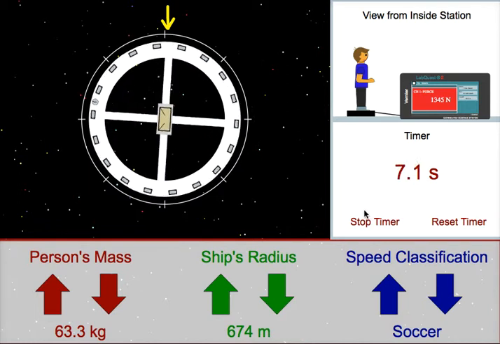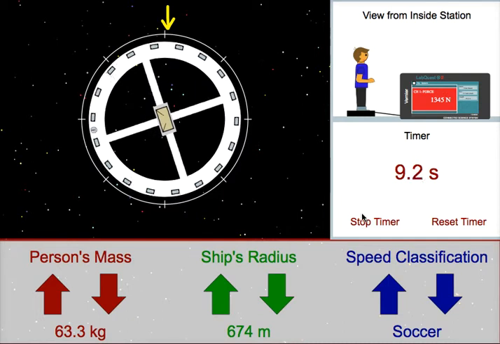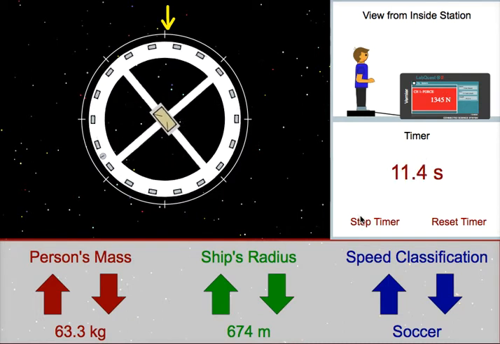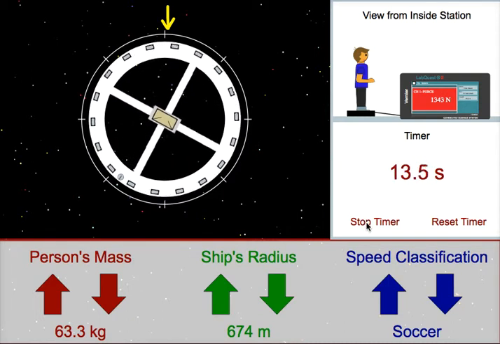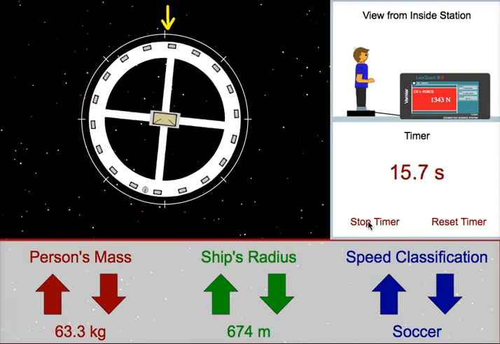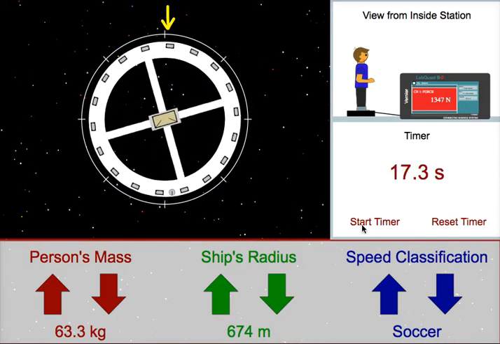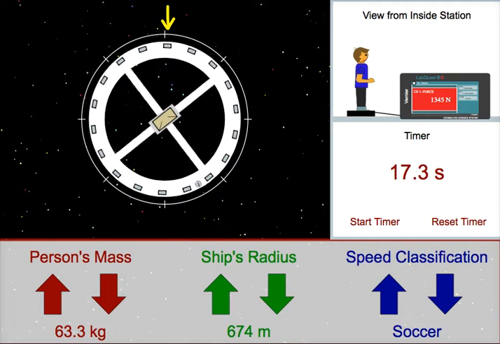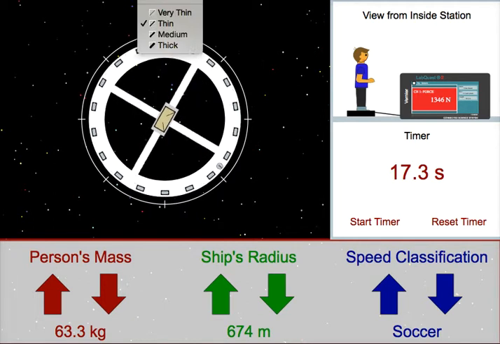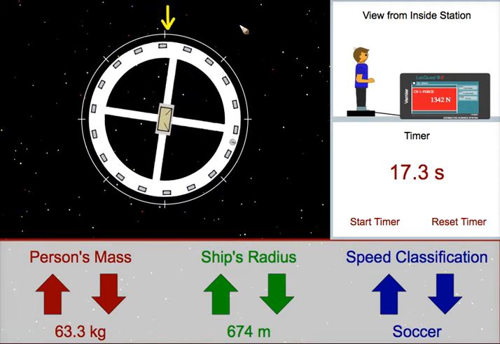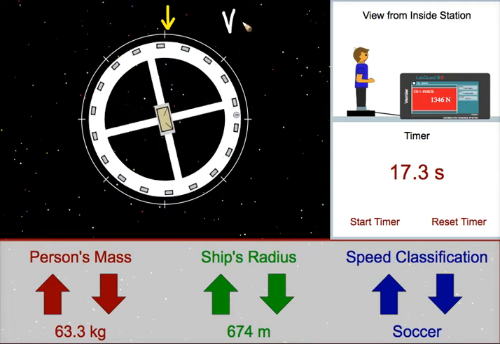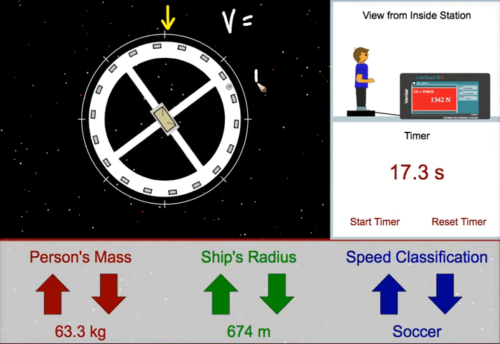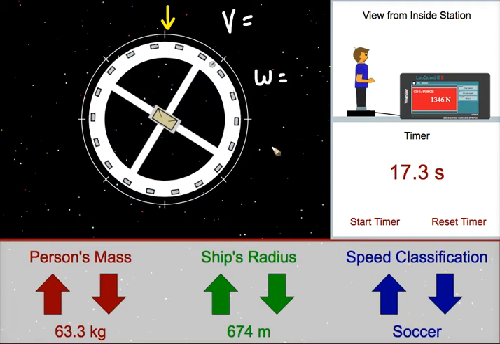One revolution should be sufficient in most cases to get an accurate value for the speed of the station. In fact, half a revolution might also be appropriate. So I'm going to stop when this person reaches their lowest point. And based on the time that I just measured, I could find the linear speed, the angular speed, the revolutions